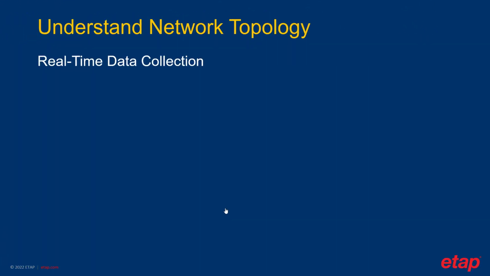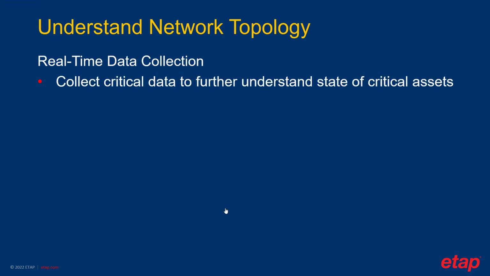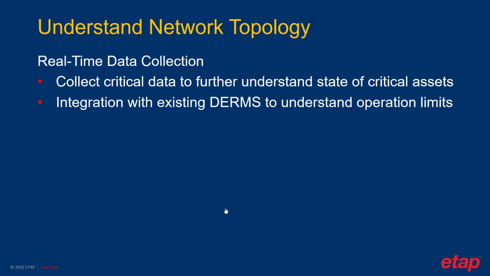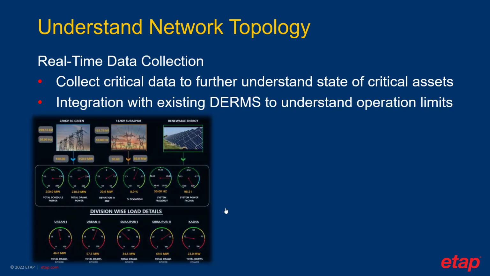In addition to the digital twin model, ETAP also uses operator views where they can have summarized views of critical assets and measurements. Such views can include display of load schedules, state of available power for generation, and reserves, as well as critical alarms and conditions that need to be monitored, like under-frequency relays and overload alarms and other critical alarms for the field equipment. Interaction with existing DERMS is also possible, all in one solution.